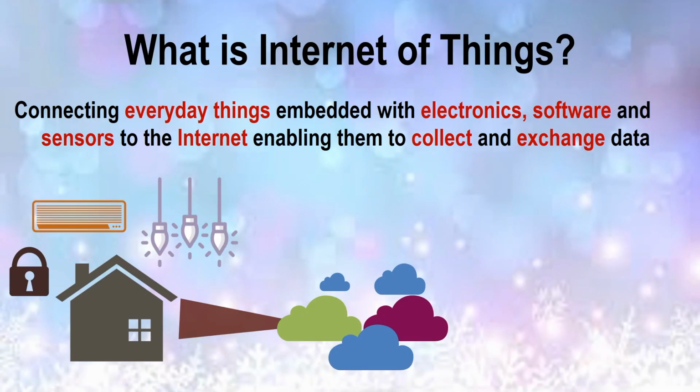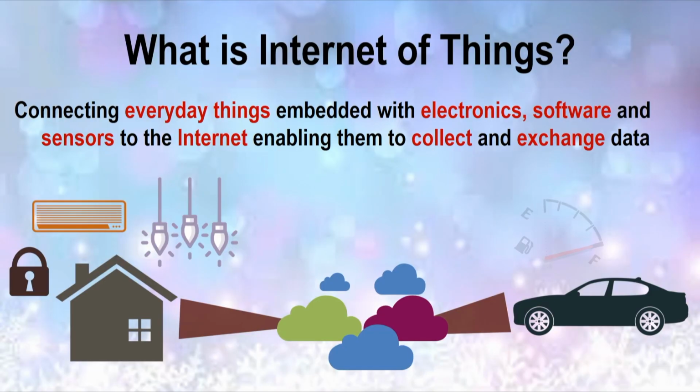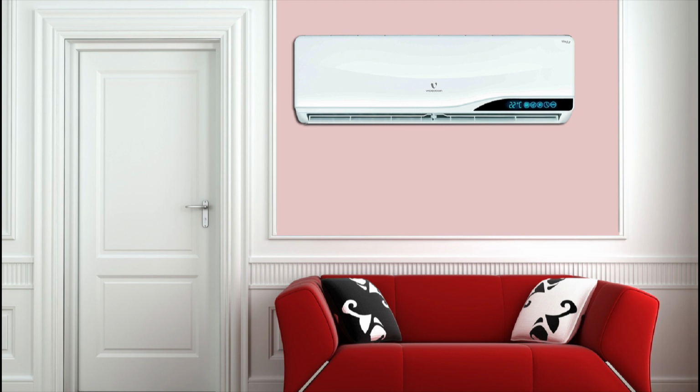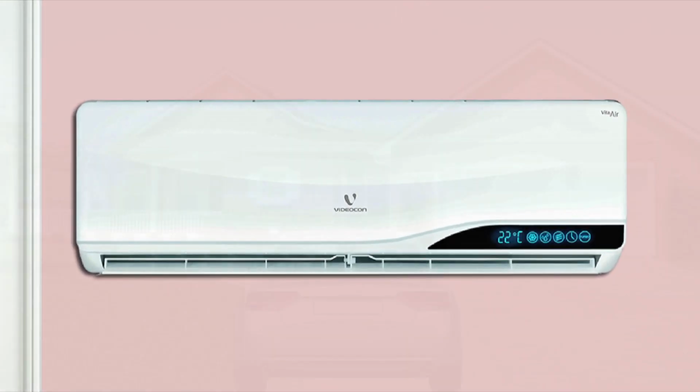And since cloud is an open platform, so I can connect my car also with this cloud. My car also can have the smart meter, smart speed locator and also the place locator. And since all these objects are connected with a cloud, so my car also can share the data with my home. For example, if my car is just 5 minutes away from my home, then my ACs can be switched on automatically and the temperature of the room can be set at 23 degrees centigrade or 24 degrees centigrade,